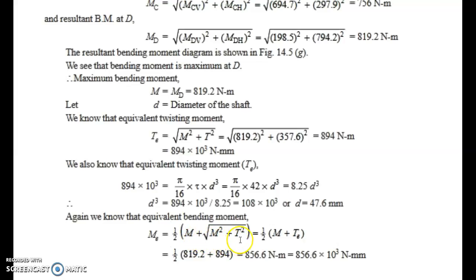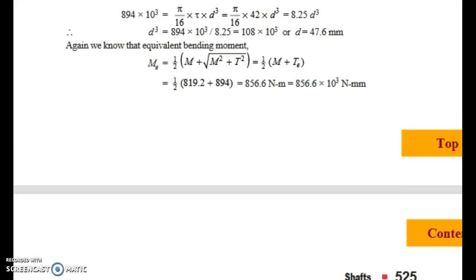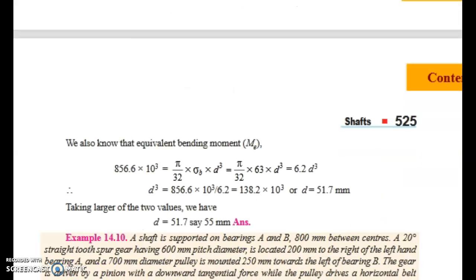And now next, the equivalent bending moment we can calculate using this equation, half of M plus root of M square plus T square. If we substitute the values of M and T here, we will get the value equal to 856.6 into 10 raised to 3 Newton millimeter. And if we substitute this value in this equation, that is pi by 32 sigma b D square, sigma b is already given in our question. If we substitute this value, we will get the diameter D is equal